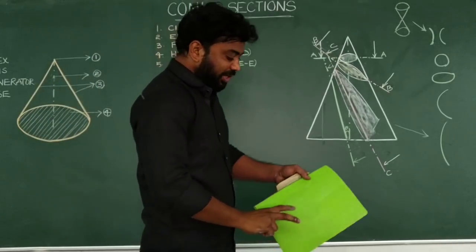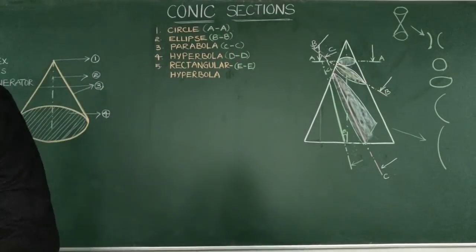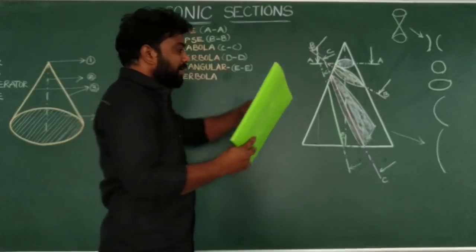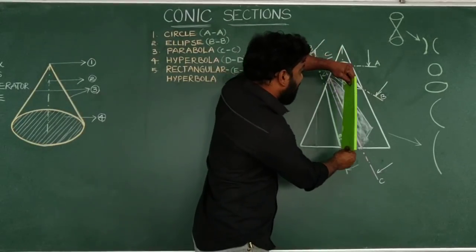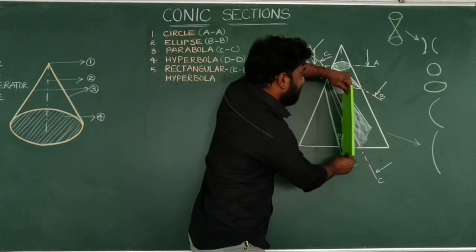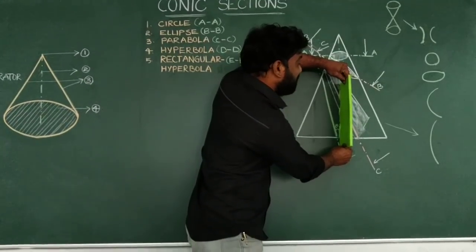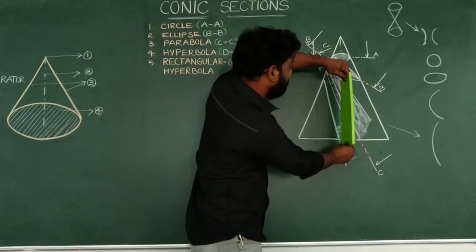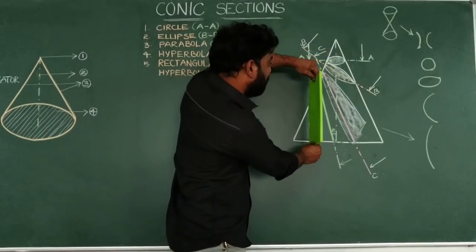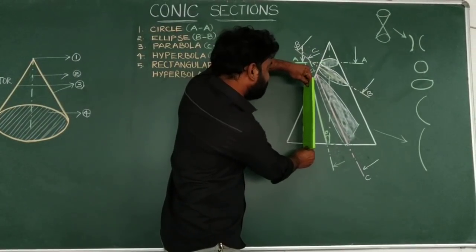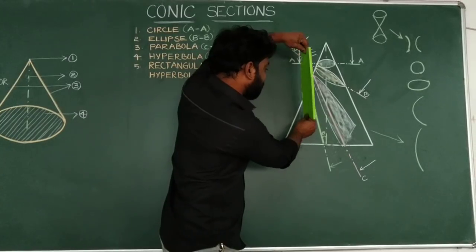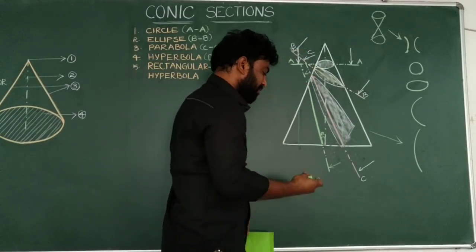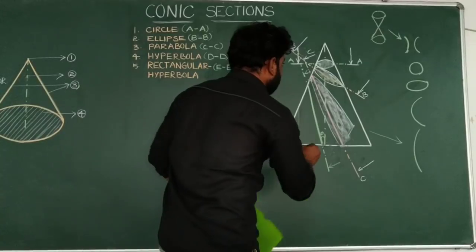And next, let me show you how to obtain the rectangular hyperbola, that is the last curve. So here, if you come into the position of the cutting plane, here the sectional plane is parallel to the axis and perpendicular to the base. And it cuts only one side of the axis only. So we can cut the object in this way. So let me show you the cutting plane with another chart.